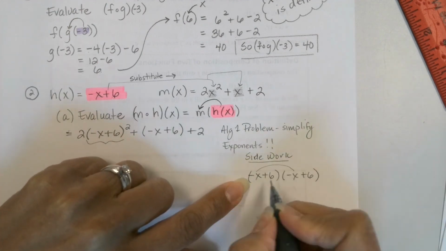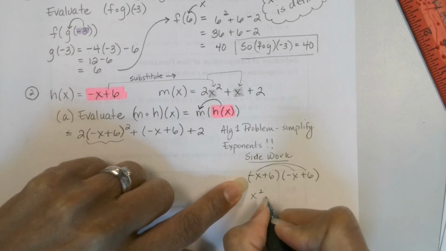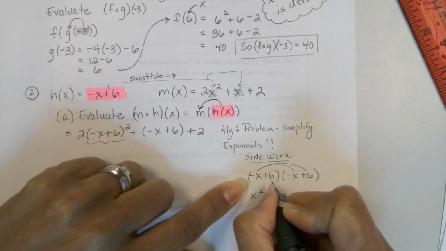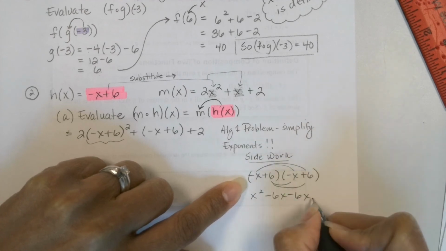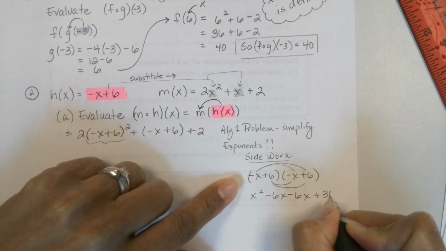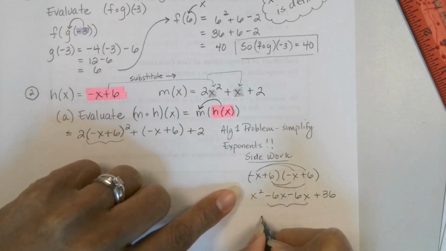Negative x times negative x. Negative x times 6. 6 times negative x. 6 times 6. And we notice these are like terms, so we combine